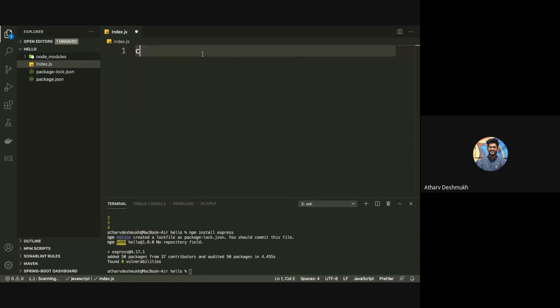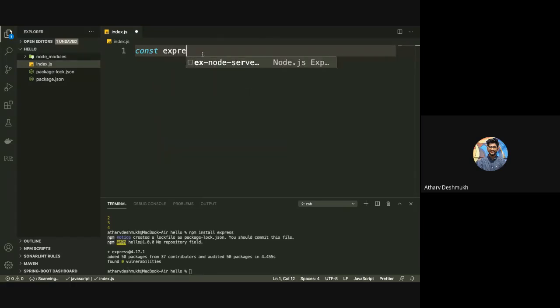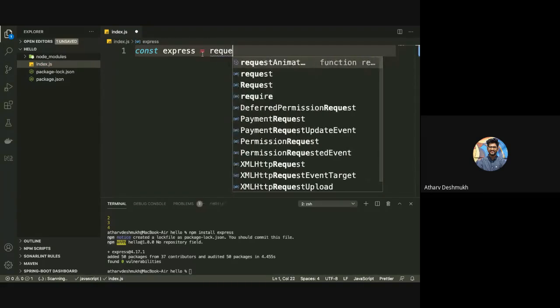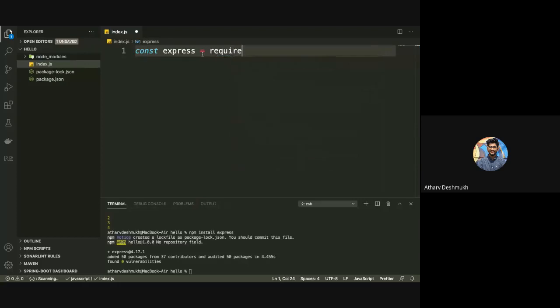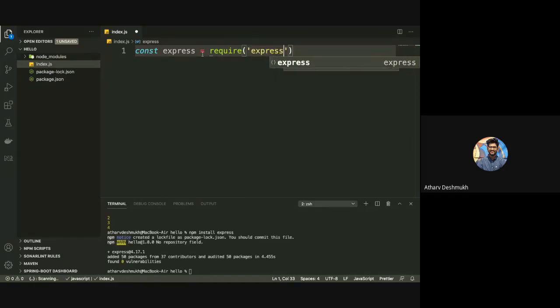Now, in C++ you use hashtag include conio and that stuff, right? Here we are importing things like this: const. We are creating one variable named express, and then we write require, which is the import. So for that import I will write require, and name it express.